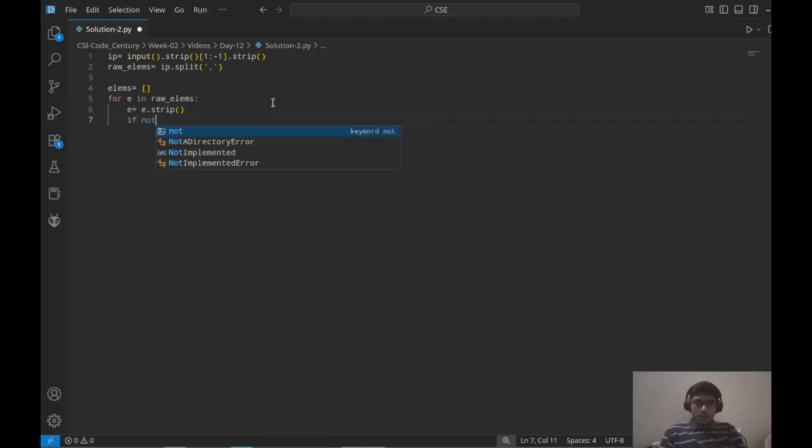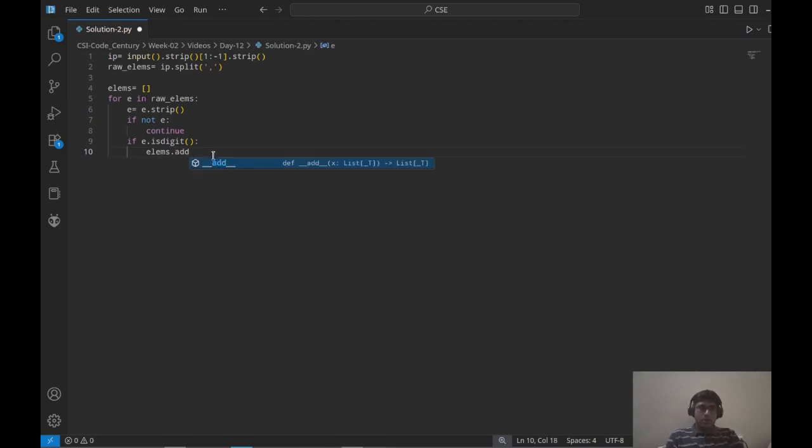And if not E, continue, based on the same logic used before. If E is a digit, we will add it into elements dot append in the form of integer,